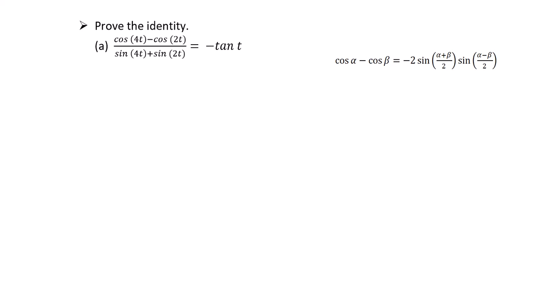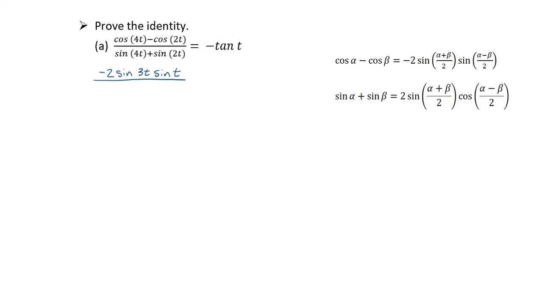The difference of the cosine of angles is equal to negative 2 times the sine of the sum of the angles divided by 2 times the sine of the difference of the angles divided by 2. So this is going to give me a negative 2 sine of 4t plus 2t is 6t divided by 2 is 3t times the sine of 4t minus 2t is 2t divided by 2 is t, all divided by,